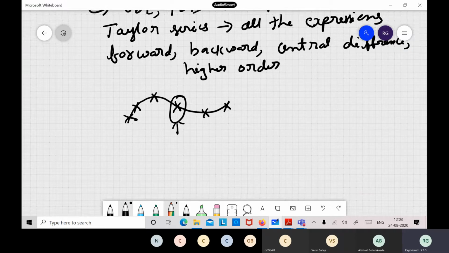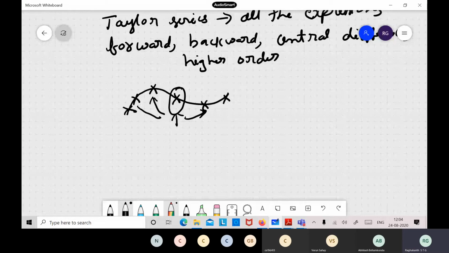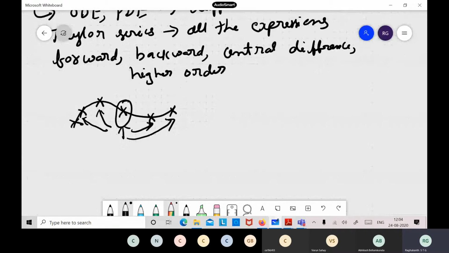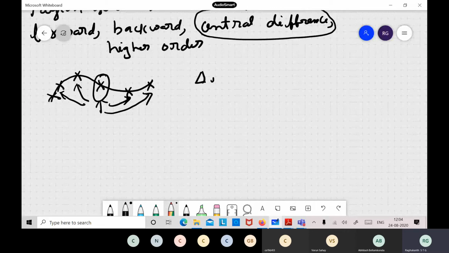We have seen the backward derivative, and the forward is there. Now to compute this derivative, if I use this point as well as this point, we get the central difference. I can as well use farther away points also, like f of x minus h, f of x minus 2h. There are a variety of ways, but generally the central difference is widely preferred, because if you increase your grid size you can get some convergence. Last class I already wrote all the expressions.